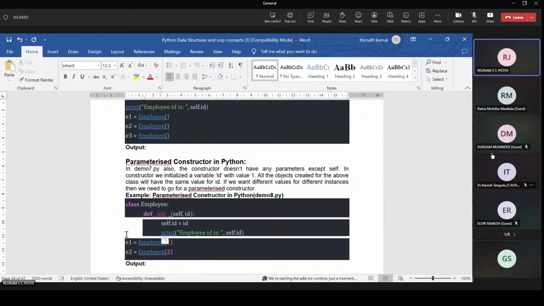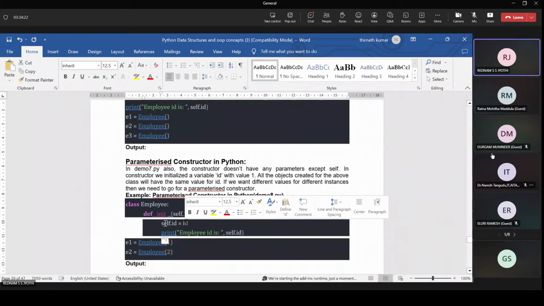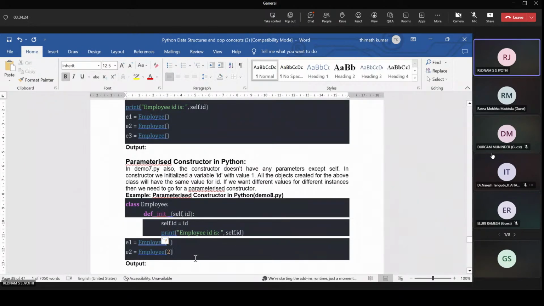The first element of the parameter is self, and id is the instance variable. Here id is the parameter of this constructor. Self.id means the present class instance variable, and the value of id is assigned to self.id. It refers to the present class instance variable.